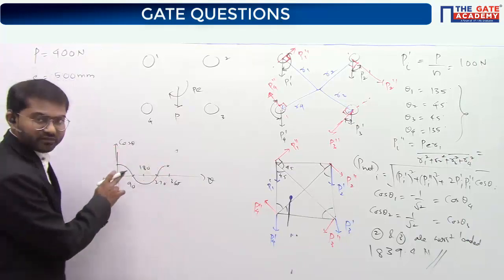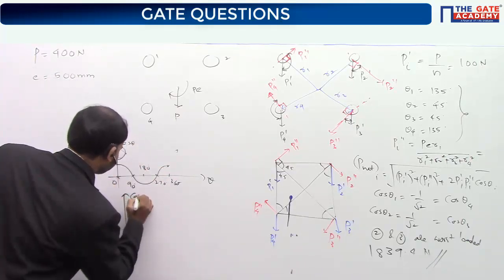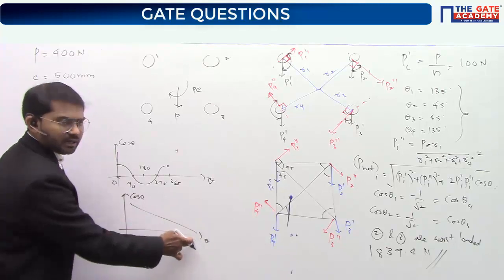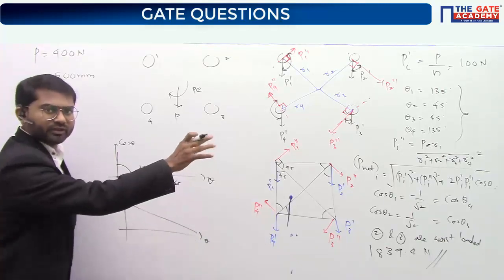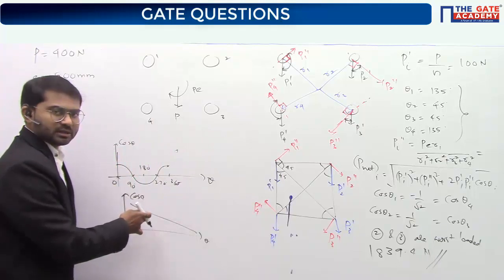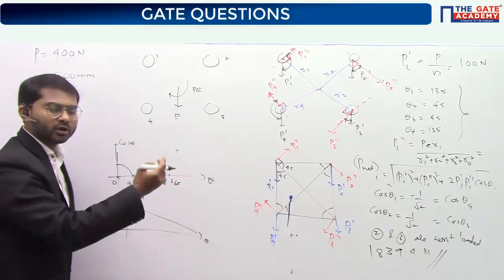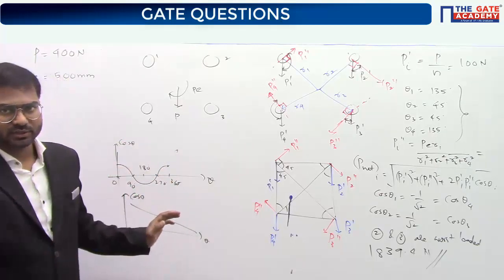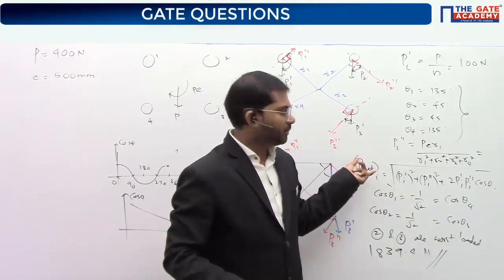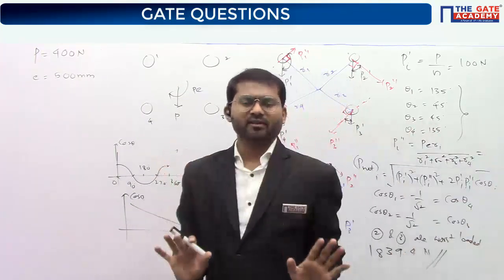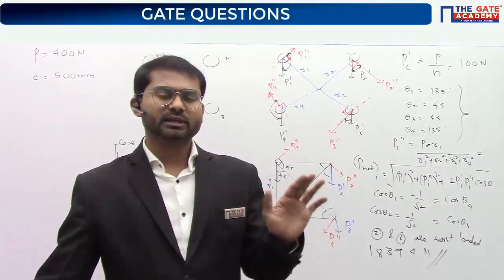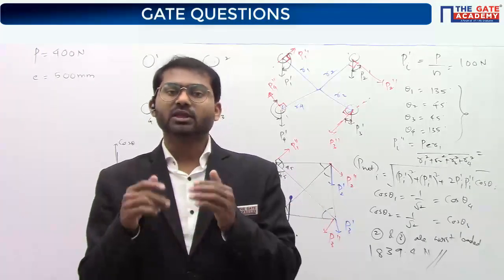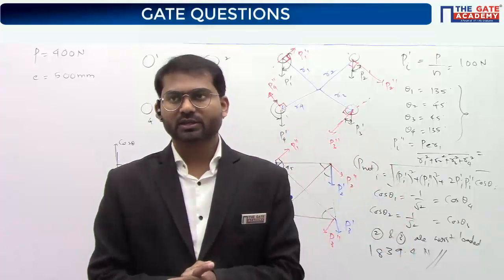So the cos theta variation with respect to theta is like this. Higher is the angle, lesser is the cos theta. In that way we can use it, or maybe theta going on increasing means cos theta going on increasing. If you take it in that way, it would give rise to the first statement. But here that is not the case. Please remember that net force depends upon the cos theta value. You take any theta value from 0 to 360 degrees, I'm not concerned about the range. Whatever value of theta gives a higher cos theta will give the highest value of net shear force here.